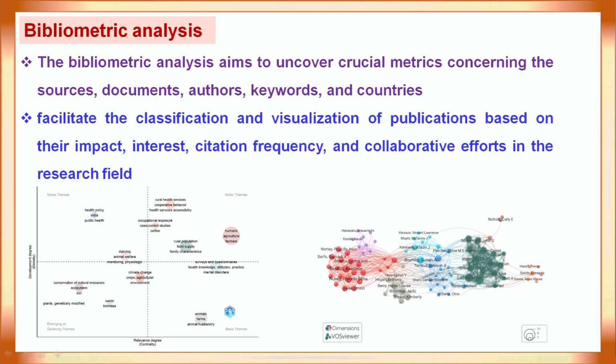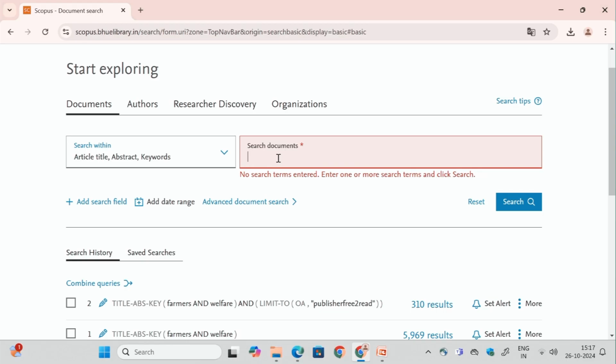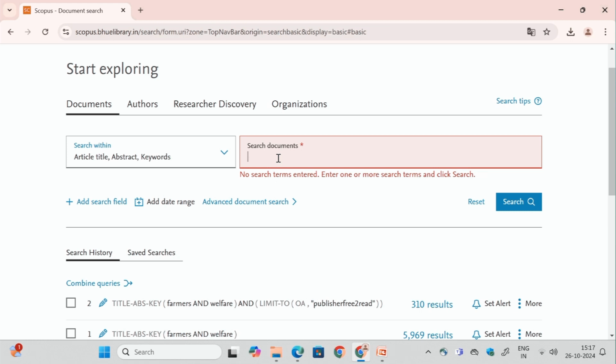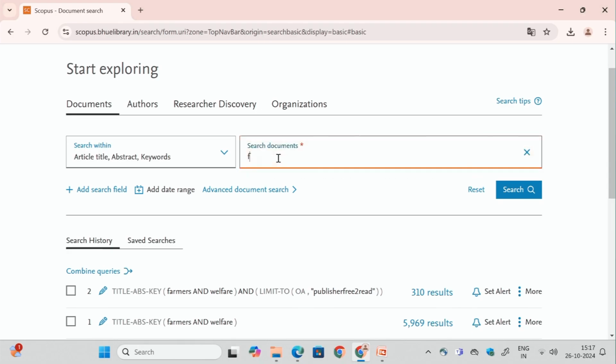So, in this particular discussion, we will take a look into how to use the Scopus database. Here is the search engine of the Scopus database. As I already told, you must have a subscription to use this particular database. So, the first requirement for bibliometric analysis using the open source software VOSviewer is that you have to extract the data of the publications from the Scopus database in the CSV format. And you can search by putting in a keyword. Let us assume that we are trying to find out